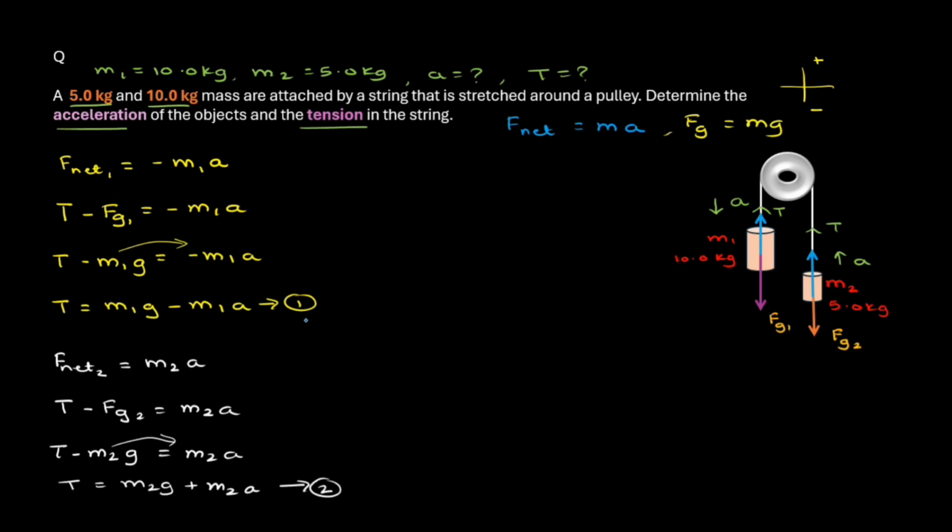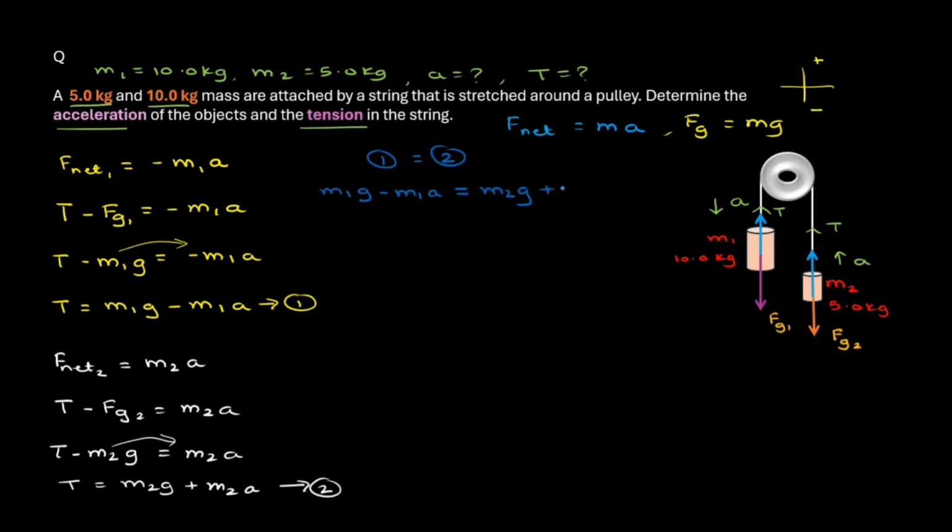So if you look at equation 1 and 2, in both equations we have T equals something on the right hand side, and T equals again something on the right hand side. So if the left hand side of both equations are equal, the right hand side will also be equal. So we can say that equation 1 is equal to equation 2, and we can equate the right hand side to solve further. I will write m1g minus m1a to be equal to